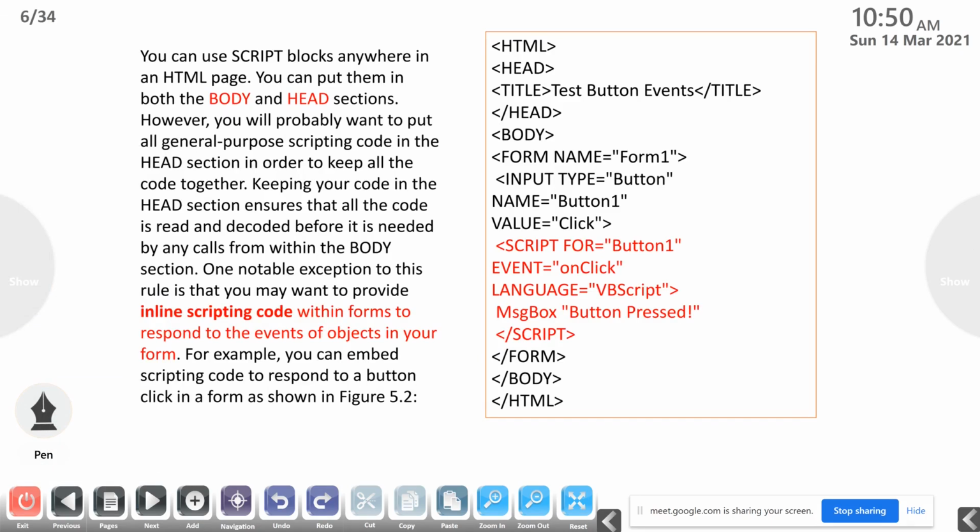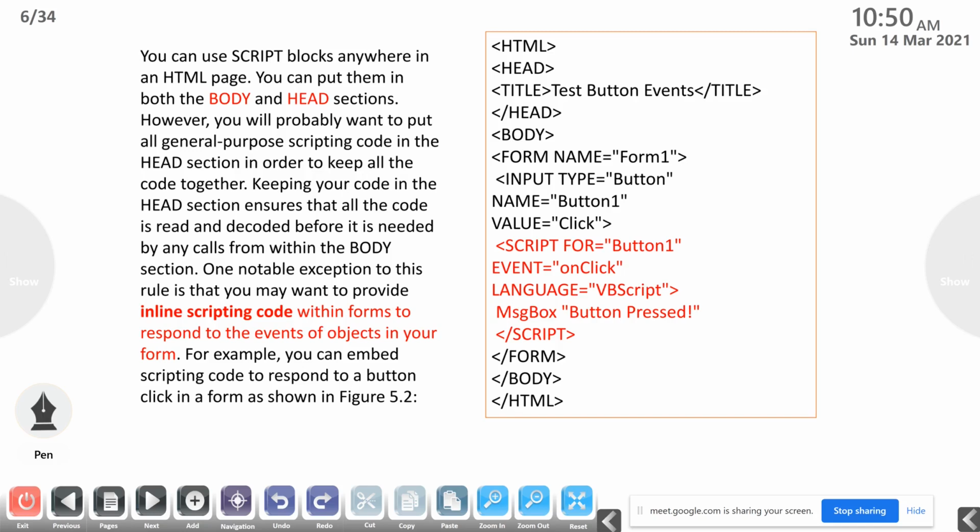This VB script is a scripting language, and that's why we are embedding this VB script in HTML. So that we already discussed about how we can embed this scripting language, that is JavaScript, in HTML.